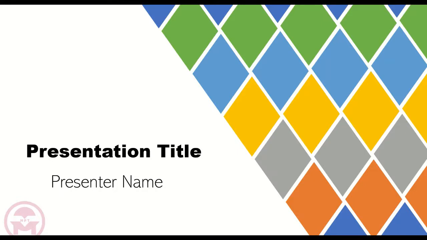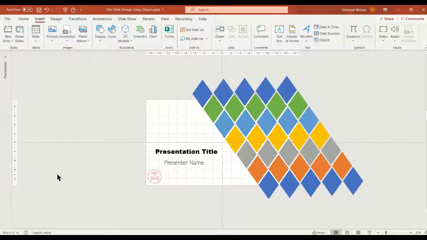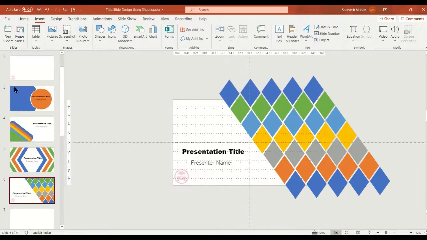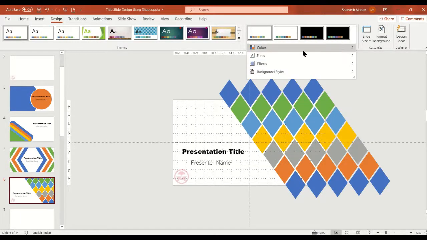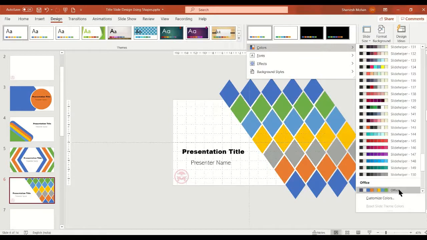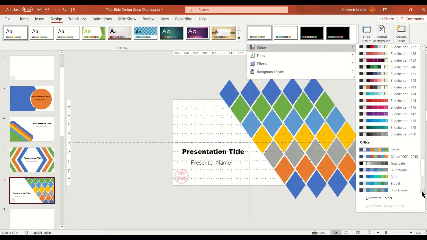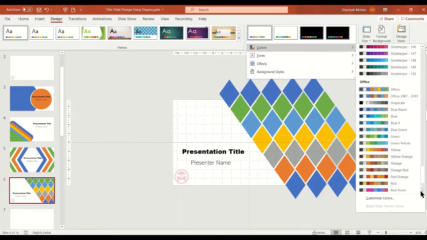And last, I am going to give you a bonus trick. Just go to Design. Let me go to thumbnails. I'll remove this, and we have created the 4 slides. Let's go to Design. Under the color palettes, you have to select the colors. By default, it will be selected as Office. Now we are just going to select a different color palette. See, look at here, once I roll the mouse over there, colors are changing. So I just want to select any of the different colors.